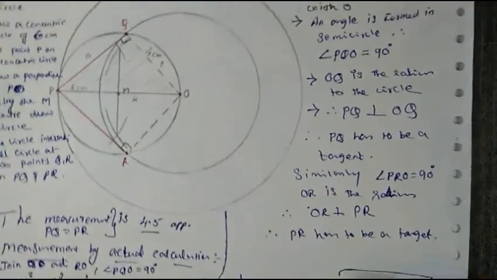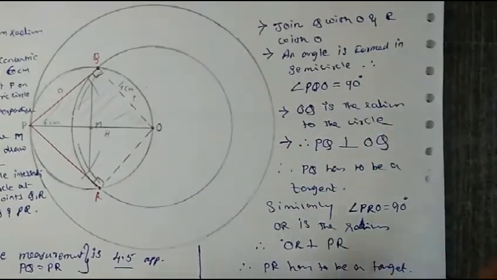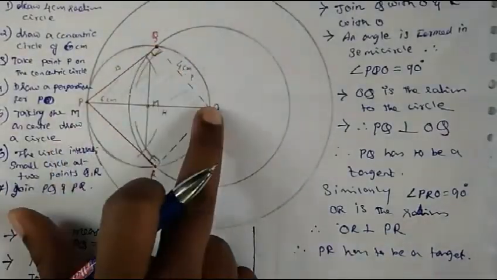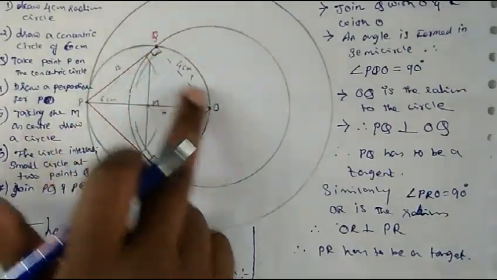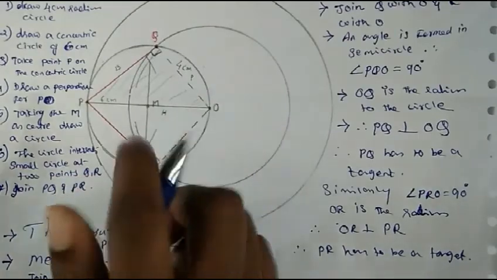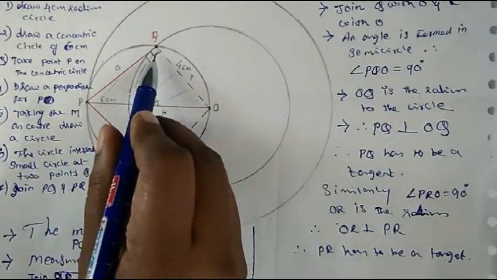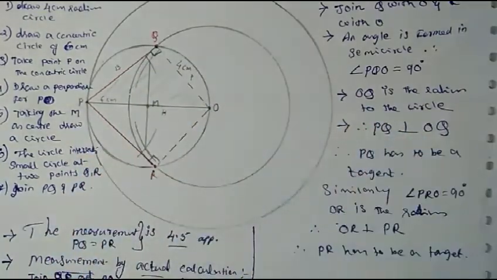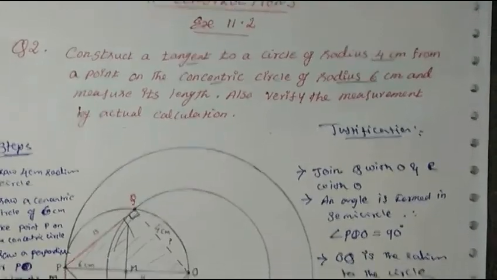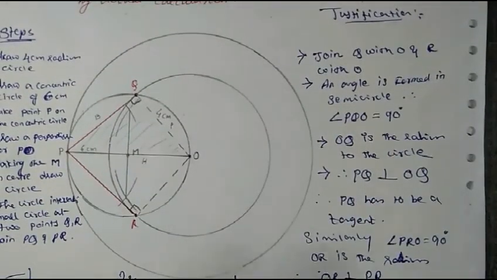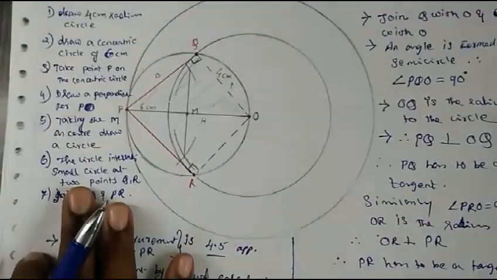Please go through the introduction. I have explained it to you. There is nothing to prove here, actually, in justification. All that you have to do is say this is the radius. If this is the radius, PQ becomes perpendicular to the radius, and then this angle is 90 degrees, and so all the conditions are fulfilled for PQ to be the tangent, nothing else. So you just go through the introduction, you will understand it very clearly. And for all the constructions, you have to write the same justification, the same way. And steps you can write in your own words.